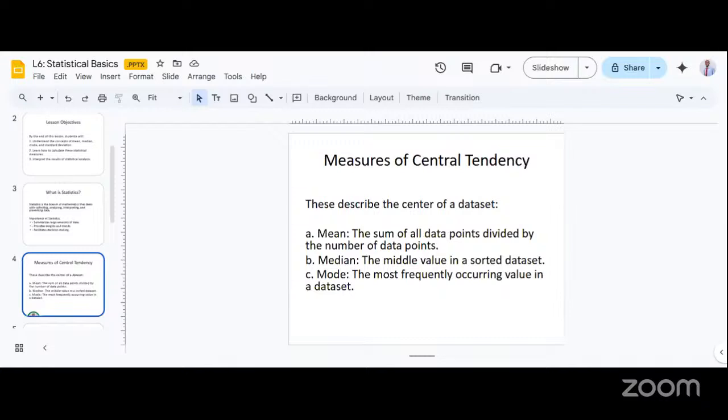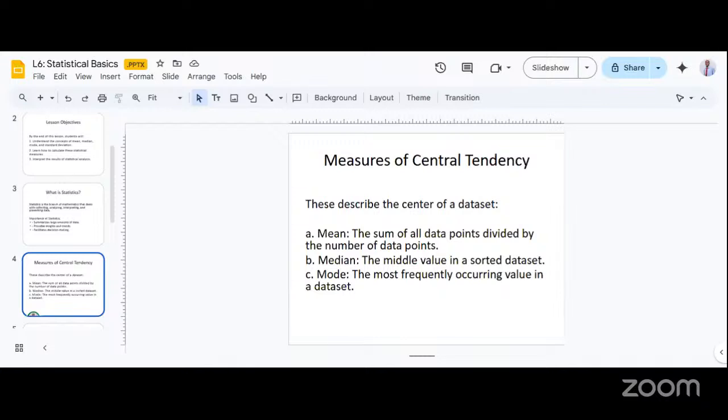So what this means is that there are different ways of calculating central tendency, right? But the goal of all of them is to get a single value that can be used to estimate the rest of the values in the range. So one of these methods is using the mean. The mean is something we might already be familiar with.